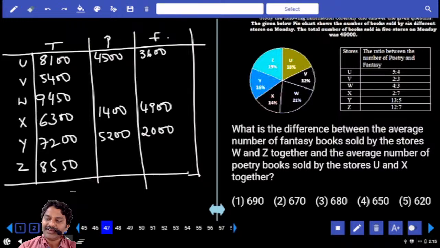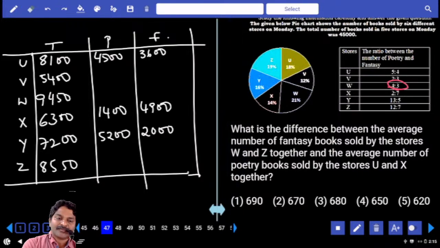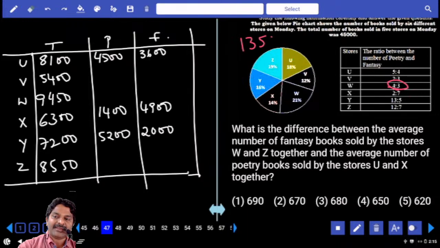What is the difference between average number of fantasy books sold by the stores W, Z together, and average number of poetry books sold by U and X? So we need W and Z also. W total how many parts are there? 7 how many times is 9,450? 7 ones, 3, 5, 0, 1350, correct? 4 times of it, double. 1350 double, 2700 double,